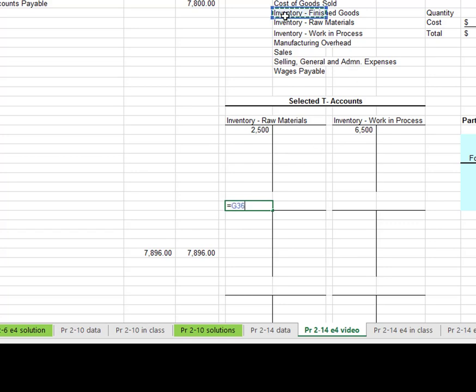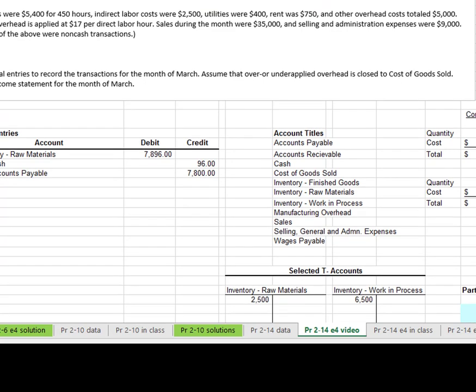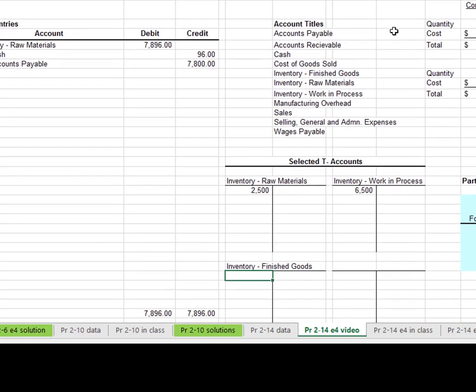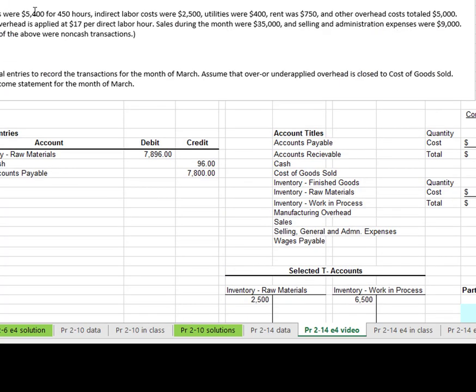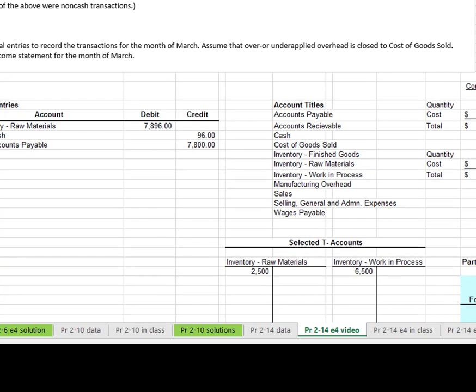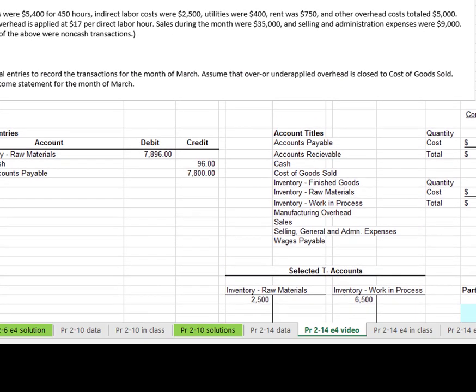And my finished goods inventory has a beginning balance of 9,000. You notice we also have the ending inventories in those accounts given, and those will come into play in a little bit. So for right now,